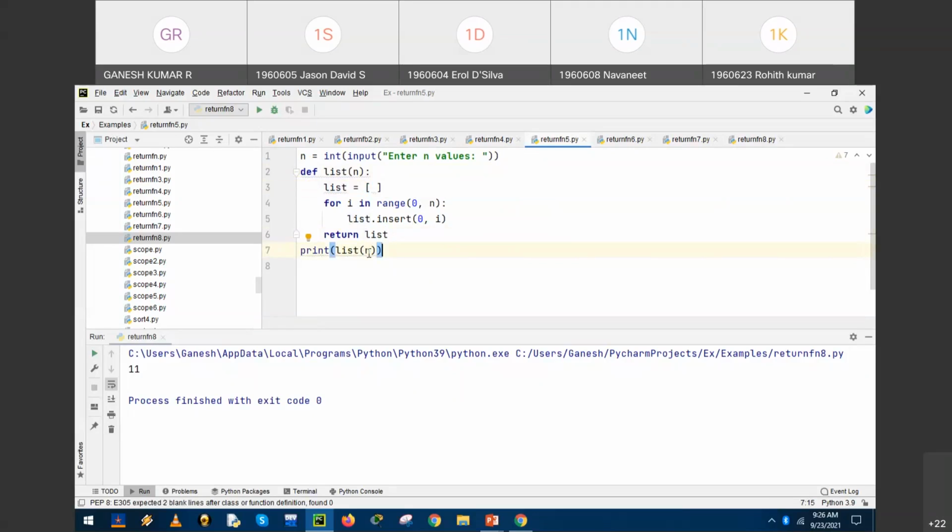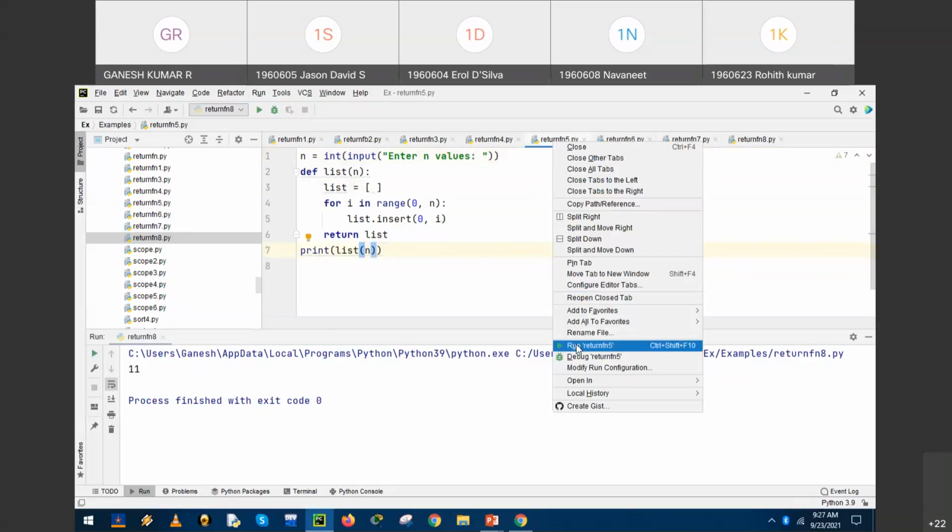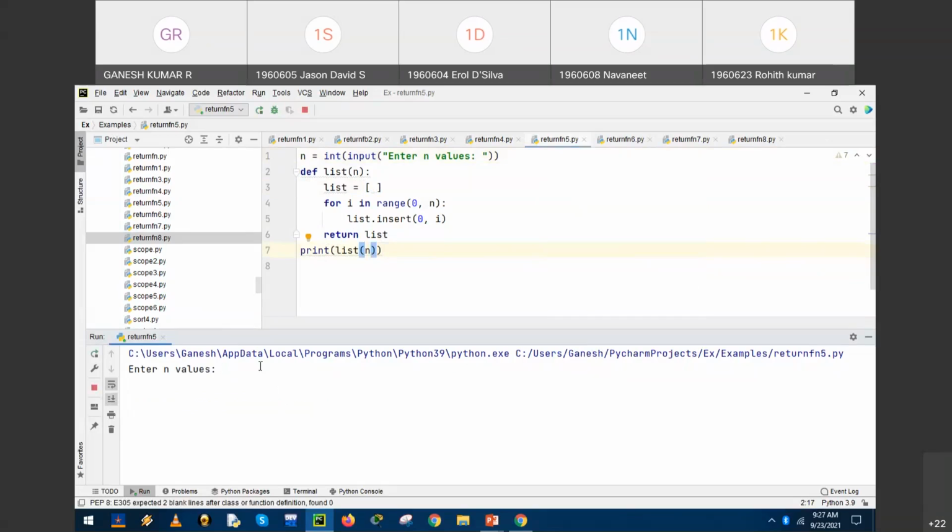Print list of n. After learning this program, it is understood that this snippet accepts n inputs from 0 to n minus 1, stores them in the list and displays print list of n with the return expression, right? Let us run the program, enter the value 5.